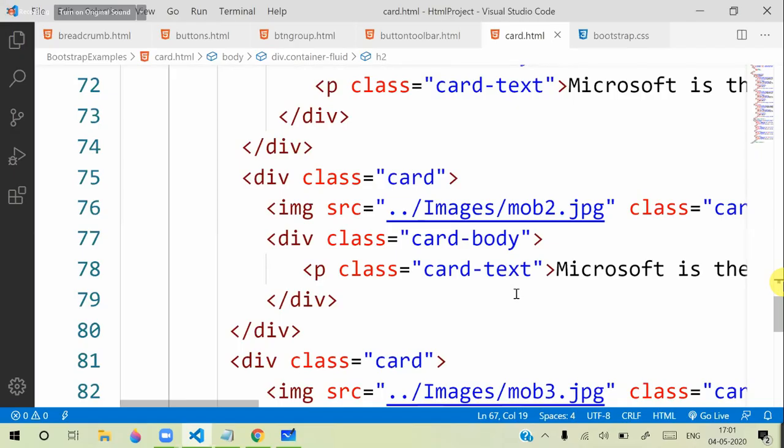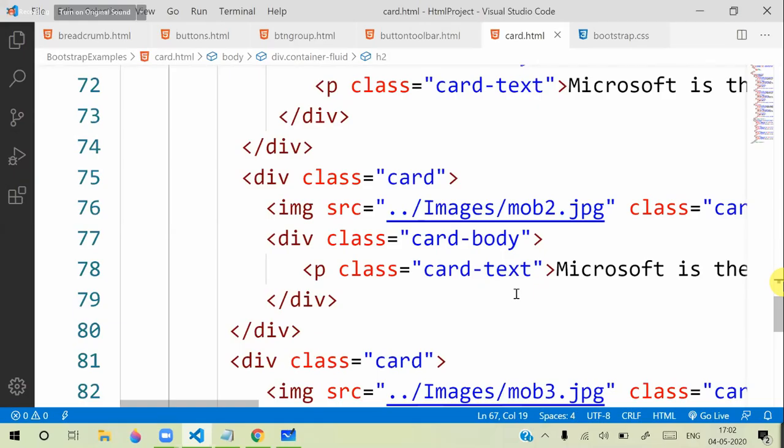So you can change the width and height. You can keep the images wherever you want, right? So it depends on your requirement. It's not that the image should be at the top only every time. You can change its position in the body, in the footer. You can keep it anywhere, right? Just appearance is important. Actually, for cards, if you want to adjust the width for the cards,